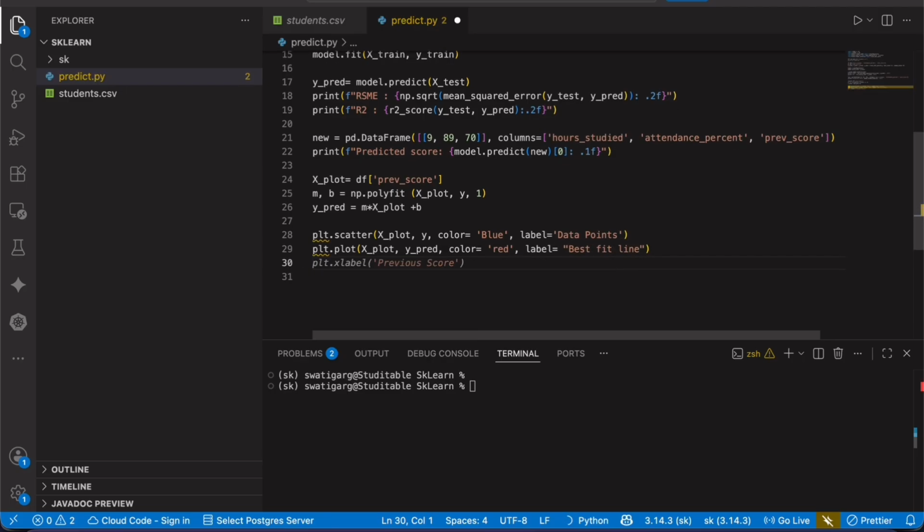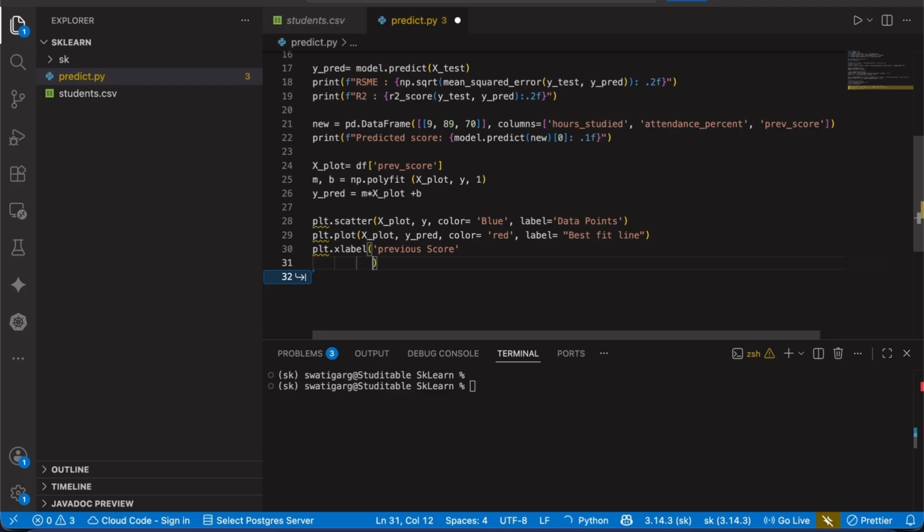Okay, we can also label the x label, that is the horizontal axis. What do you want to name it? In our scenario, this is previous score, so we can name it as previous score, so you know what exactly the x value is saving.